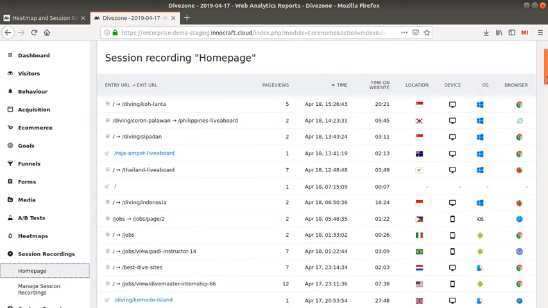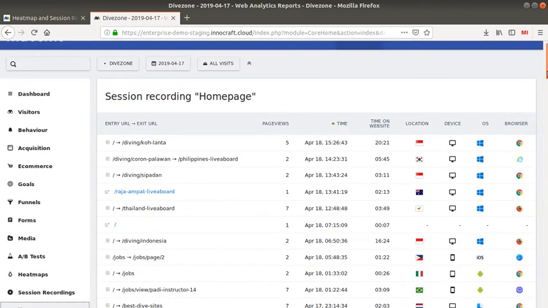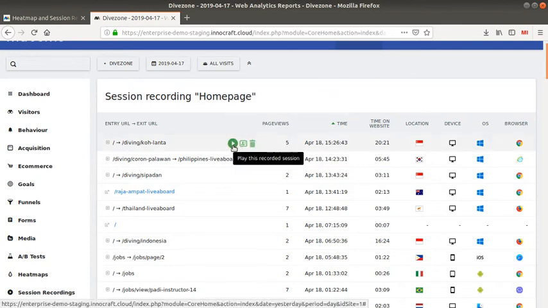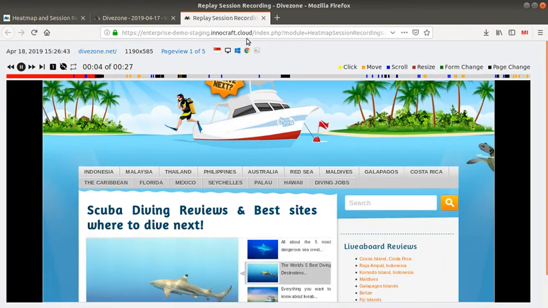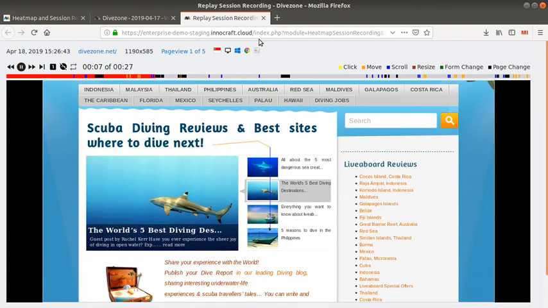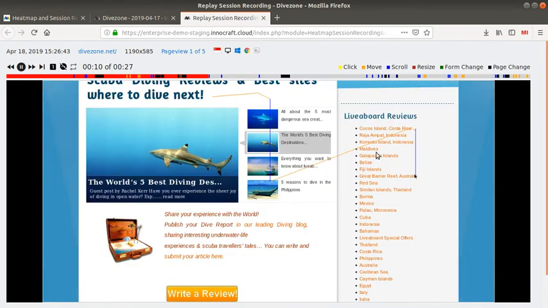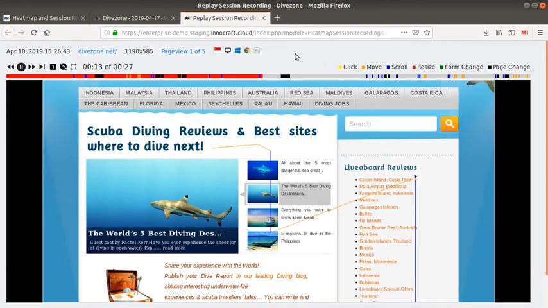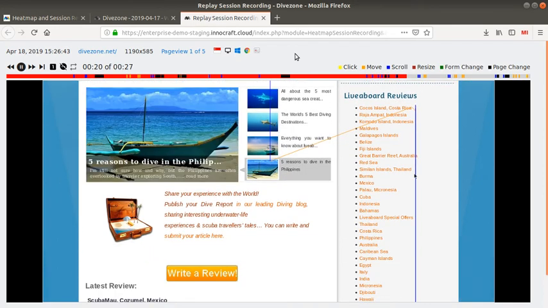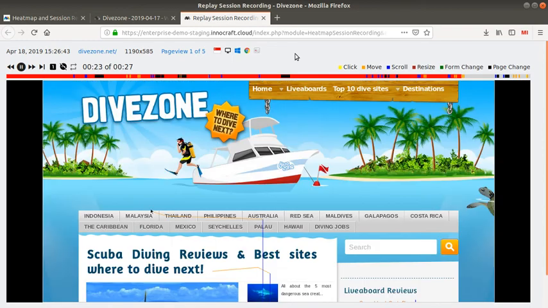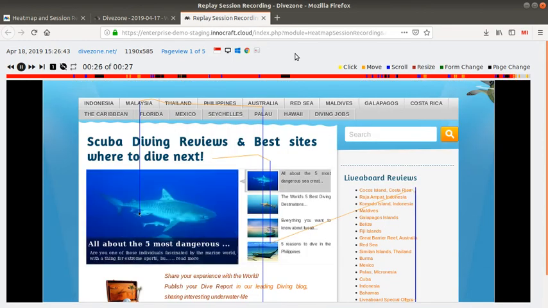Once the session recording is activated, it may not work like 5 minutes after. It may need a bit more time, just like 15 minutes or 1 hour, in order to start collecting the first user, and as a result it will then appear. If you would like to launch the session recording, all you need to do is click here on the play button, and you will see exactly how this given user is interacting with your website. So as a result, you can after that analyze a set of different videos, like 20 videos of a given page, and analyze if your visitors are struggling or facing any issues in terms of user experience.